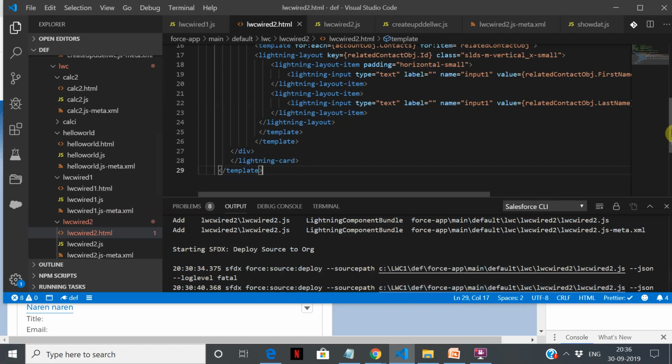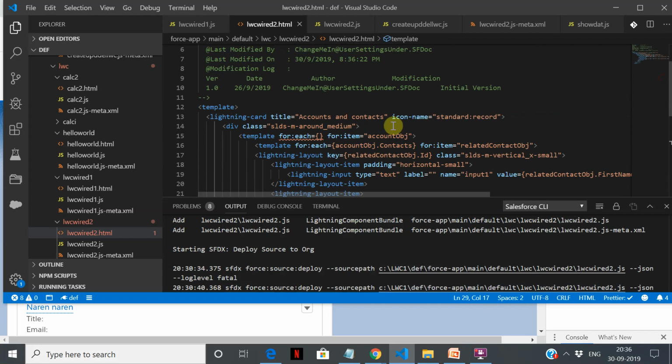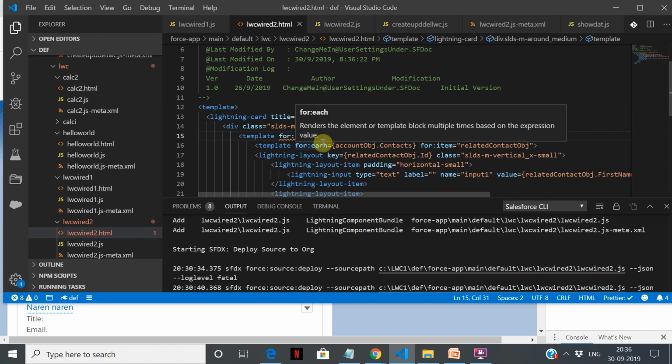Alright, so we have this code. So let's understand our template HTML component here. Lightning card is nothing but to show a title. Then we have a div, and now this is the main thing. Now this is the table. So now we have to decide for each. Typically it is going to take a list. So we have to take the list, and then this is the table and the var variable.